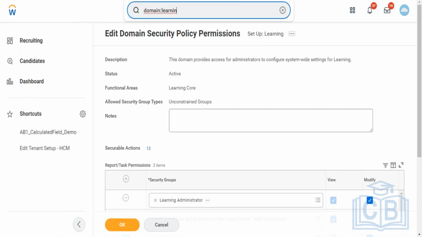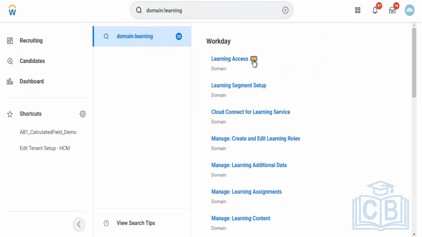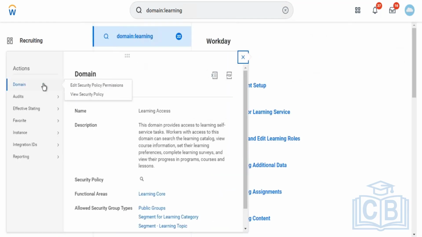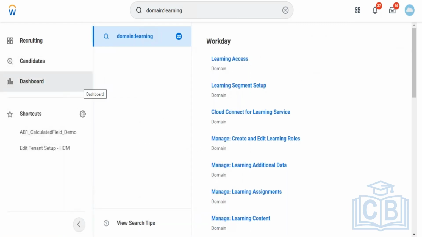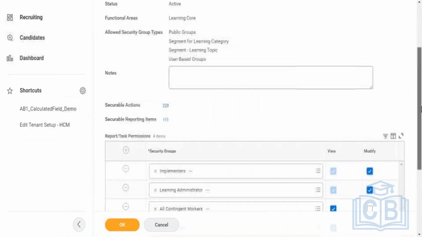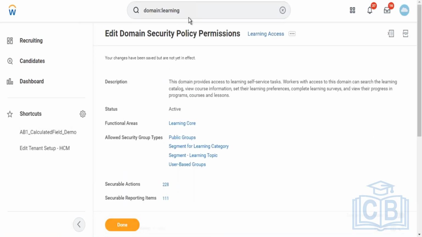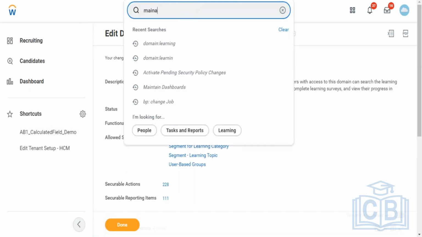The other domain that I've used is learning access. This is the main domain which gives permissions to all the learning areas to access courses and all. So implementer, learning administrator, contingent, all employees who will have access to learning, and this gives access to the dashboard as well. Now, based on this setup that I've made here, if I go to dashboard,